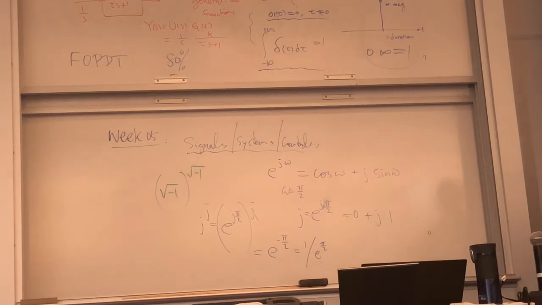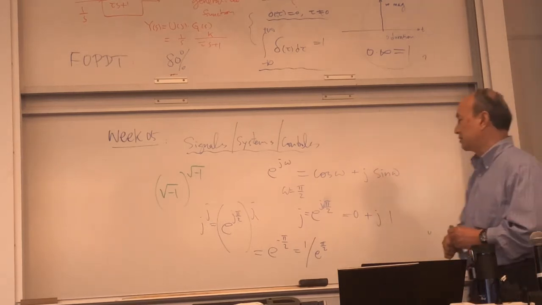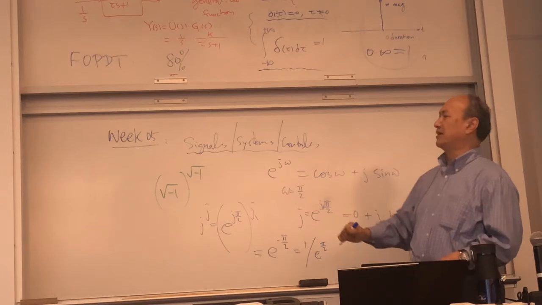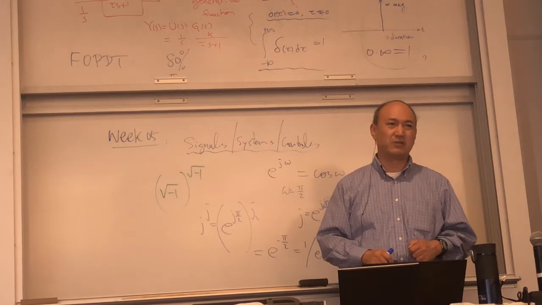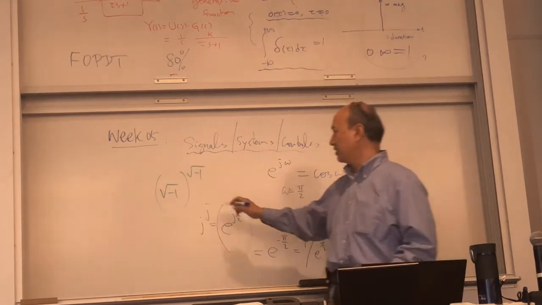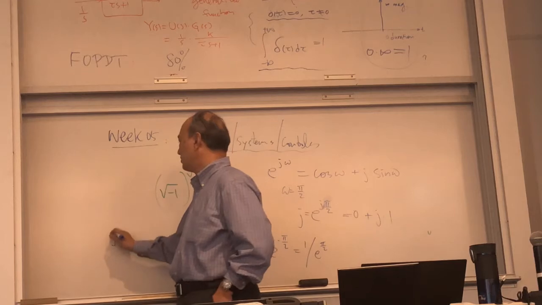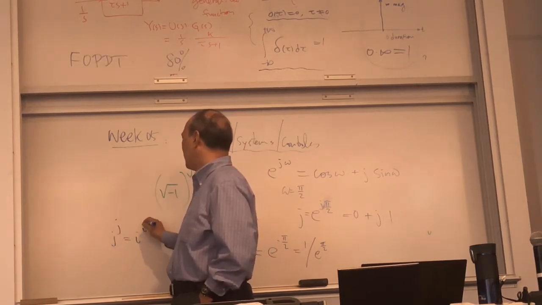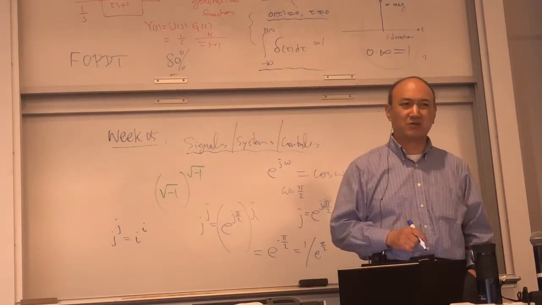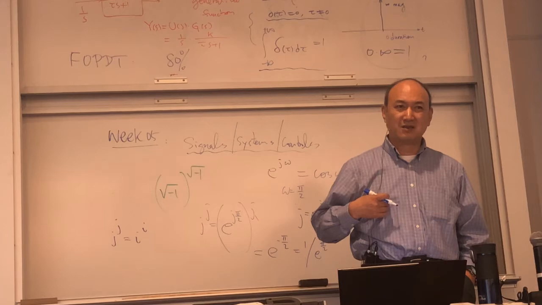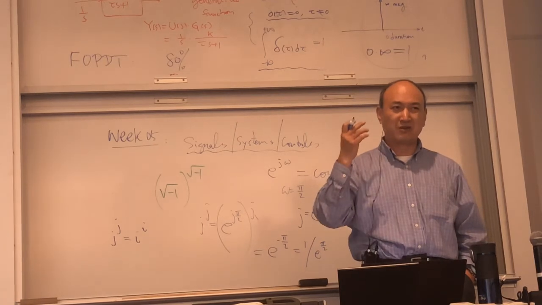If you don't even know how to do complex numbers, how are you going to do frequency domain response? From day one, I told you that you need to go back and review complex numbers, okay? I put this on the quiz form to remind you, and you still don't write it correctly. It still tells me j to the power of j is i to the power of i. This is your answer. And more than one of you did this to me. If I don't have a strong mind, I'd already have died. Okay?